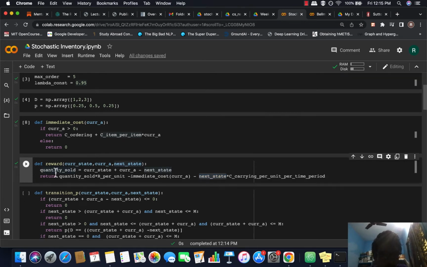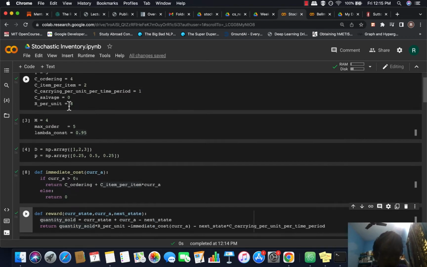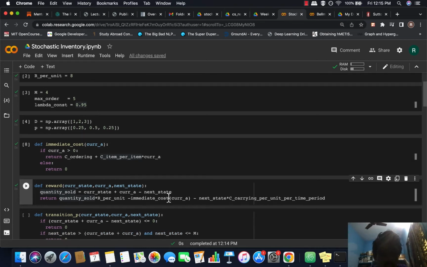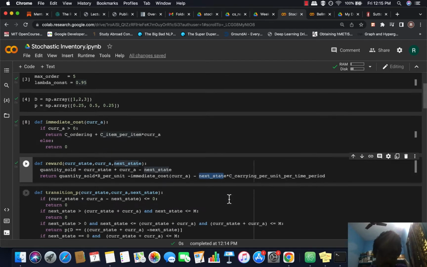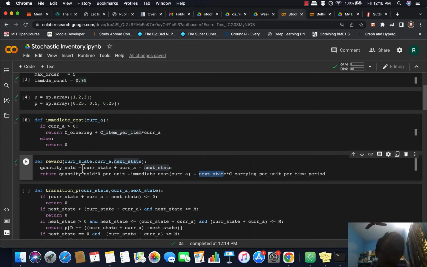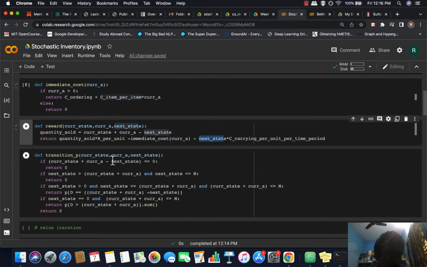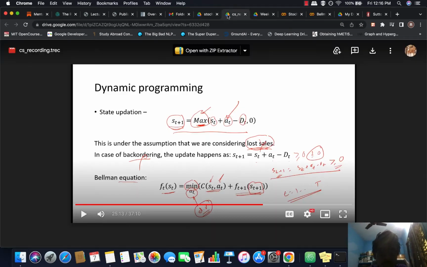And so the final reward is quantity sold times revenue per unit, that is $8, minus the immediate cost of making an action, minus the carrying cost, which is next state times the carrying cost per unit per time period. So this is the overall reward when we transition from a current state to a next state by making an action A. Now let's calculate the transition probability matrix, where for a given current state, current action, and next state, we need to calculate the probability. Now as you can see in the lecture,